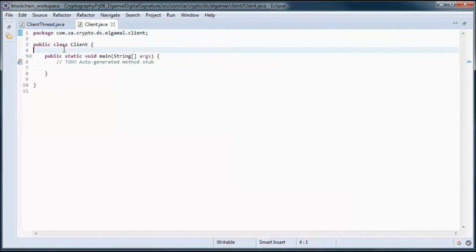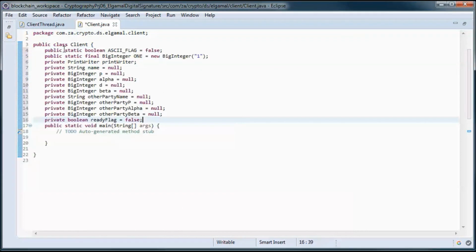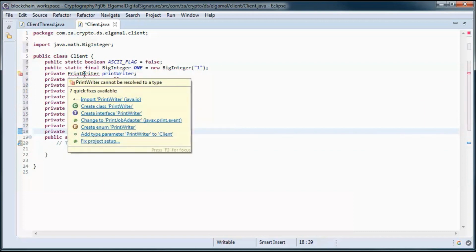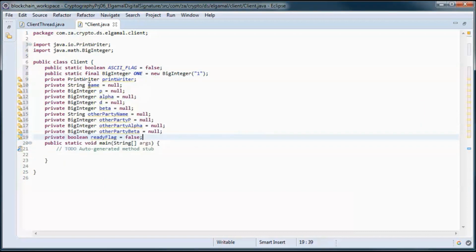And here we will keep track of this client name and P and alpha and the private key D and the public key beta and the other party name and P and alpha and beta.